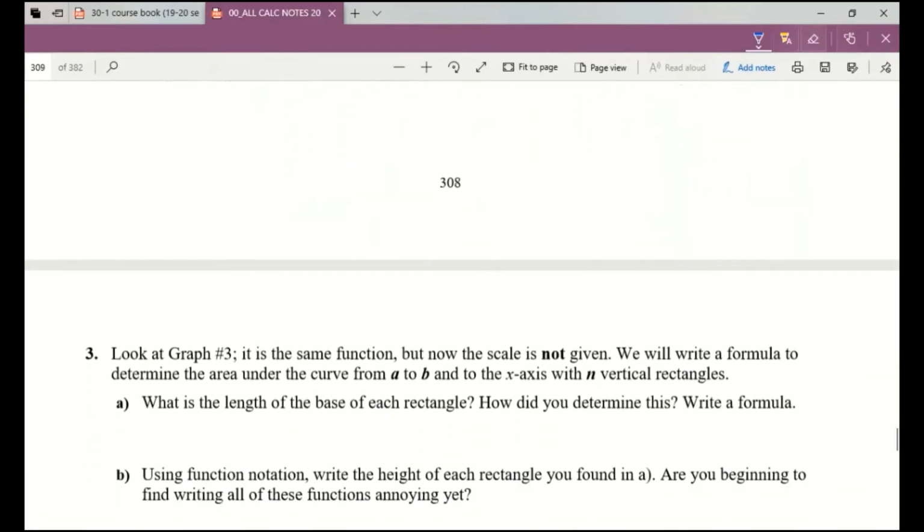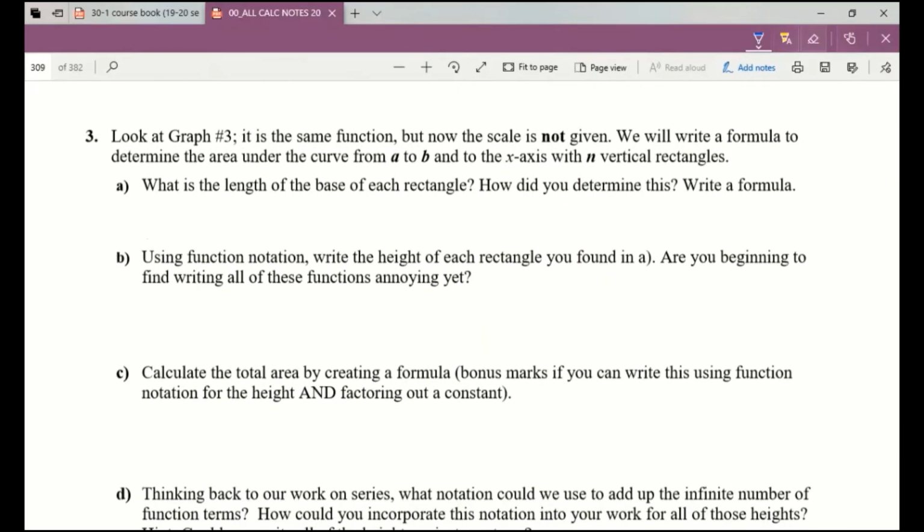Question number 3 says, looking at the third graph, we've got the same function, but now without a scale, and we want to do this in general. We have this curve from A to B, and so we're wanting to break this up into rectangles. And how do we do this? If our right bound is B, our left bound is A, and we divide it by n rectangles, then this ends up being B minus A over n. We're going to call that delta x, because that represents your change in x every time you have a new rectangle. Using our function notation,